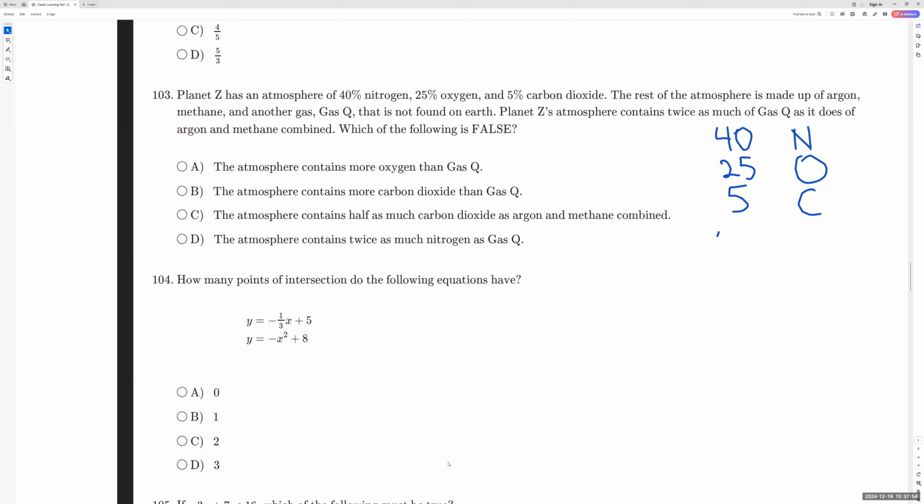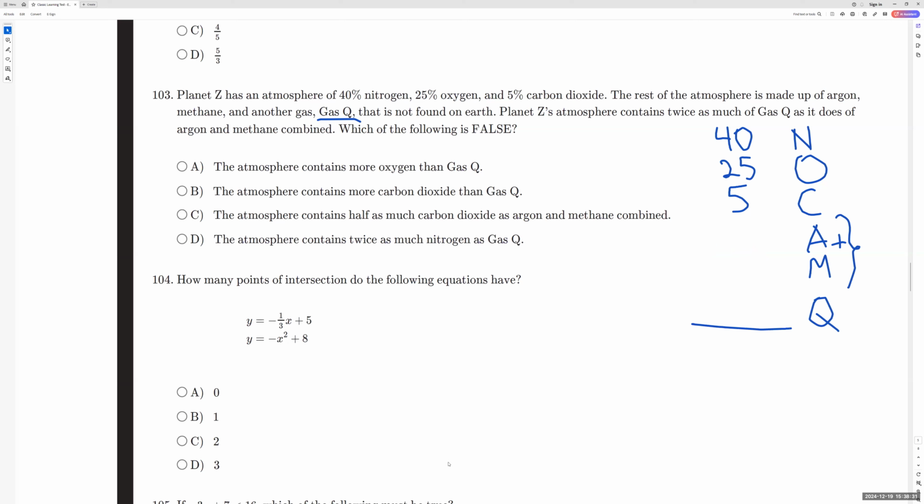So we have argon and methane, and gas Q, another element Q. Sorry, I should have written that on the side. So we have A and M, it should be on the letter side of things. Quickly, let me fix it. All right, so this is A plus M, right? And then we have Q. Okay, so far,